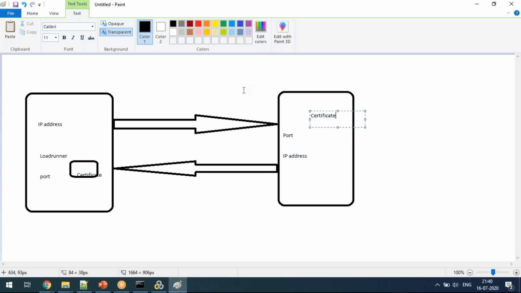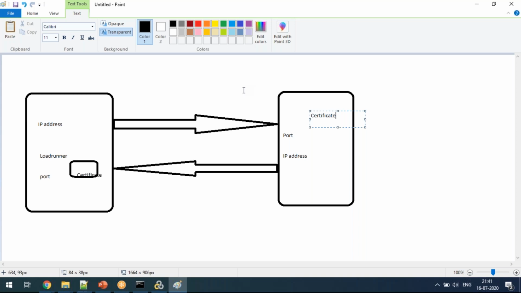Any question, guys, till now? Any question in this representation? Yeah, the point with regard to the certificate, we're going to demonstrate all of this, right? Installing this certificate. Everything will be covered in our course journey. That is the reason I'm giving you just a gist of whatever I'm going to explain in this entire course journey. Also, it would take 1 hour for each and everything, that is the reason I'm minimizing certain concepts. Other than that, during our course journey, everything we will explain in detail. Okay.